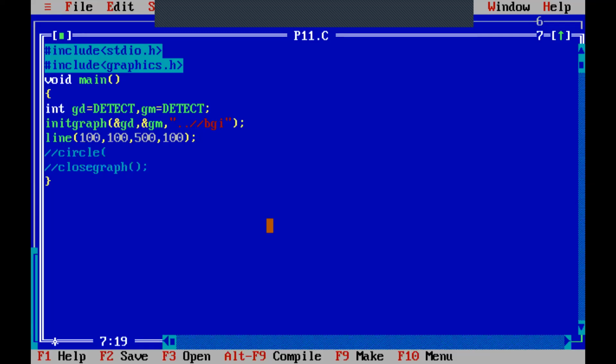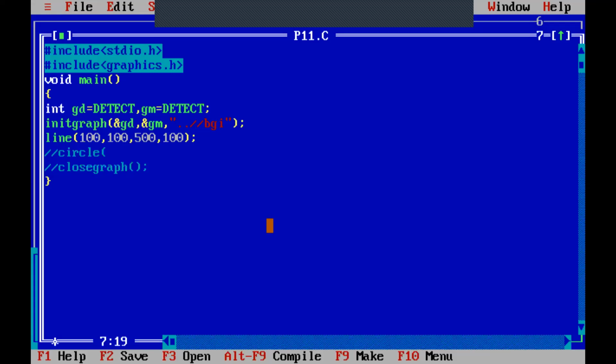If I want to draw a horizontal line, then only x should increase. We are extending the line along the x-axis. So x will increase, but the y value will remain the same. The second and fourth values in the line command are the y values: x1, y1 and x2, y2.